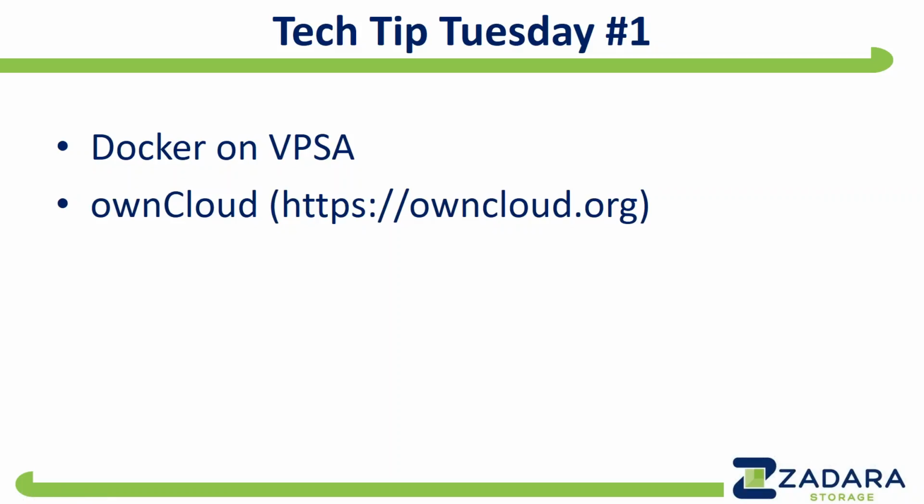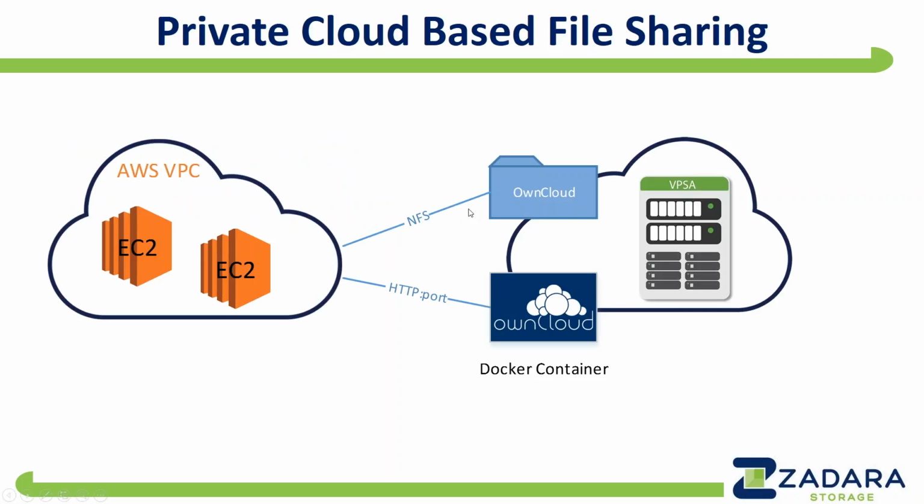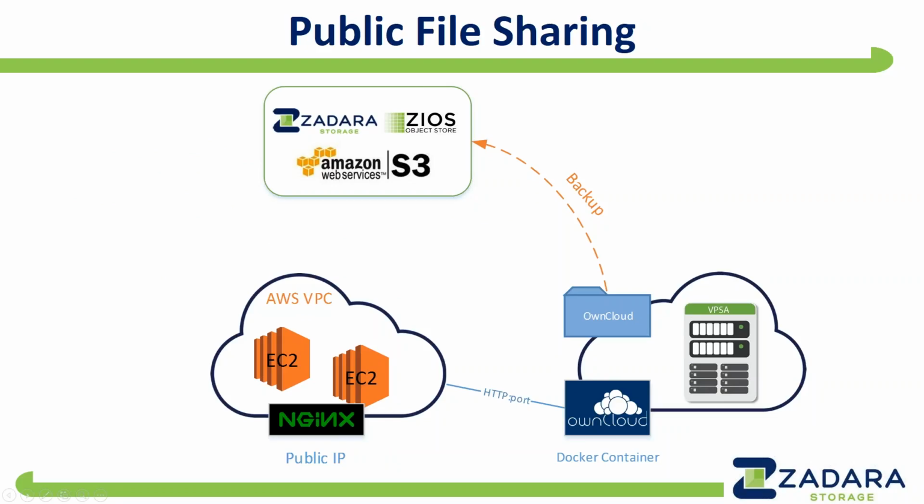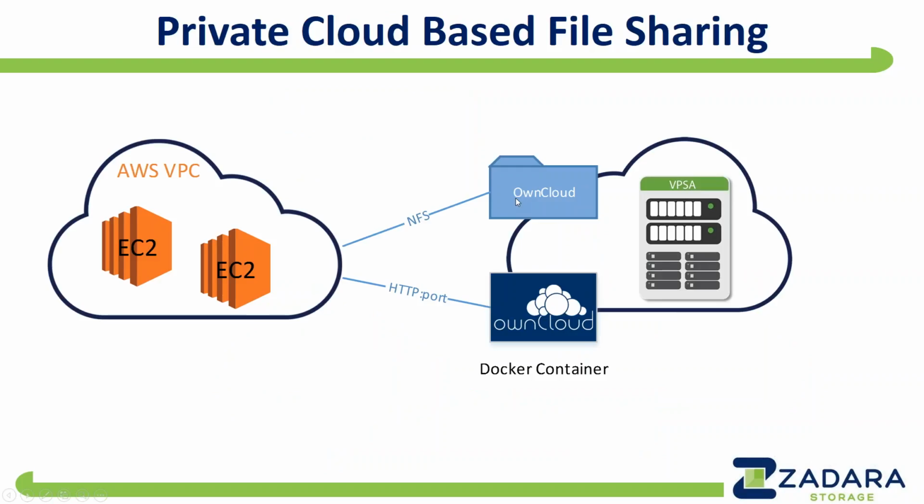So the goal here is basically twofold. One is we're going to hook up our AWS VPC here, and if I can go back a slide here, we're going to hook up the AWS VPC to a share here, OwnCloud on the VPSA, and then on the Docker container, we're going to install OwnCloud right out of the public network and have it connected up between the two file shares and then serve it out to AWS. And ultimately what we want to do, for a proper application